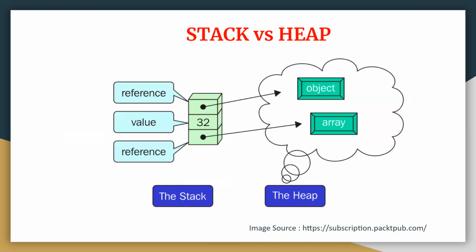Whenever I talk about heap, it is nothing but a region of your computer memory that is not managed automatically. Here you have to use some functions, and with the help of those functions you get access to heap memory. In C++ we have two functions called malloc and calloc, and using them we allocate the heap memory. Basically, heap is like free floating memory.